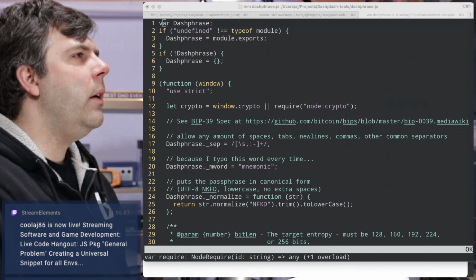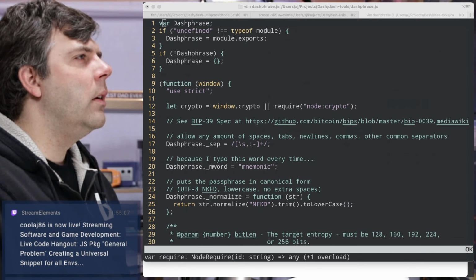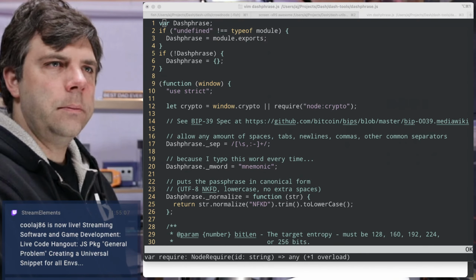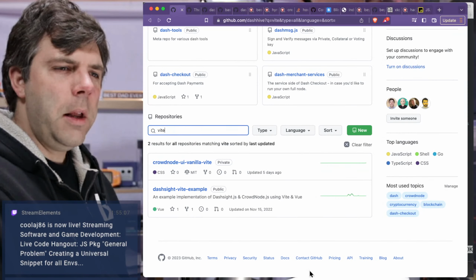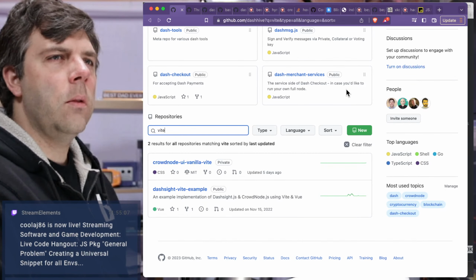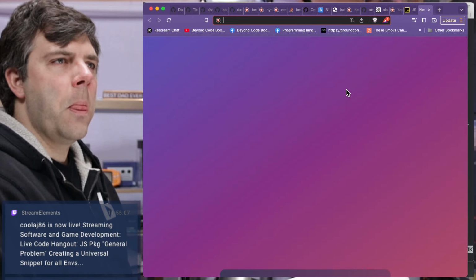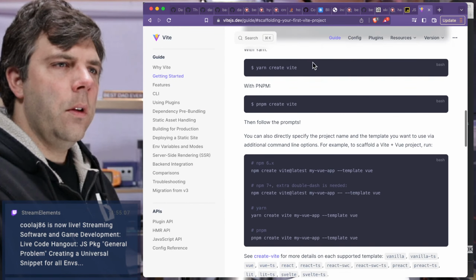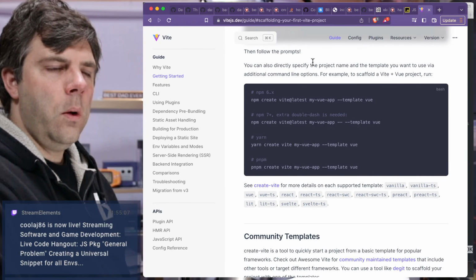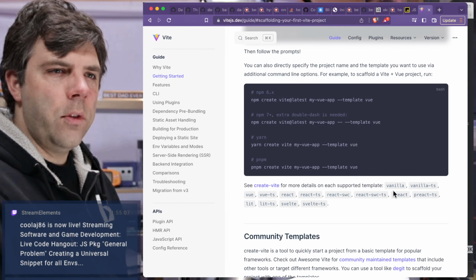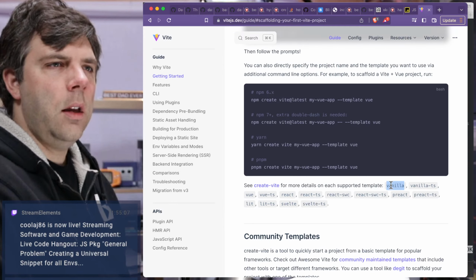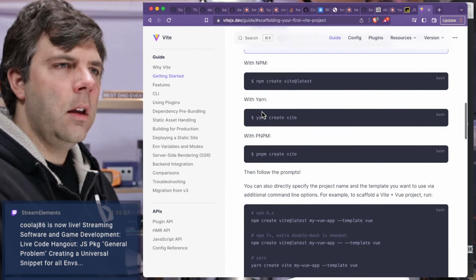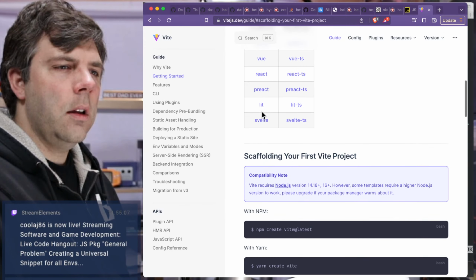Okay, Vite, browser. Scaffold your first Vite project. Okay, let me bring this up. Doesn't matter which browser I have open. It always wants to go to the wrong browser. Okay. So I have to say something like template vanilla, I think. So let's see,